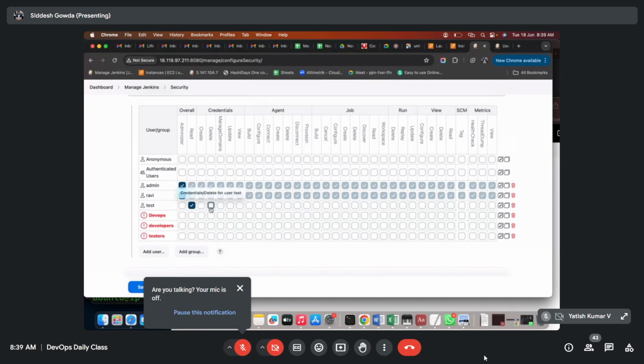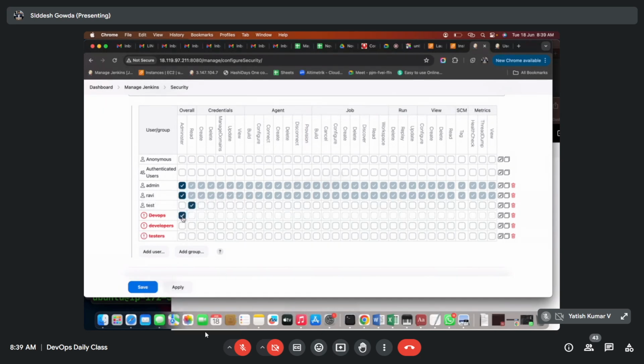Okay, I'll be providing these groups for DevOps. I will provide the full permission. Developers I can provide only, for testers only read options. For developers I can provide job. In the job they can read,